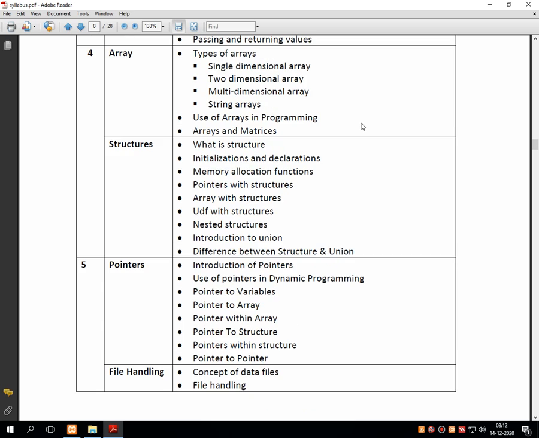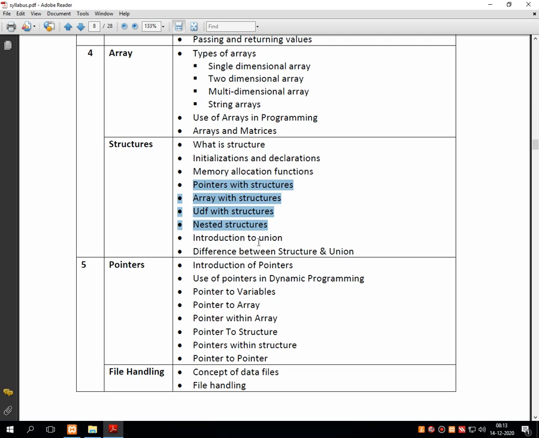As all of you know, we are discussing unit number 4, where we have completed the first section called array with all the relevant topics, and then we have started with structure. Even in that, first we discussed the definition of structure. Then we learned how to initialize and declare the structure, and how structure allocates the memory inside the system. Now, the remaining topics are not new, but actually a reuse of already discussed